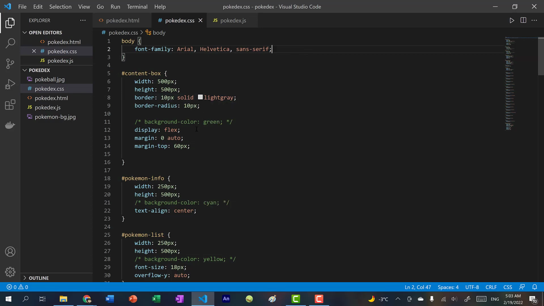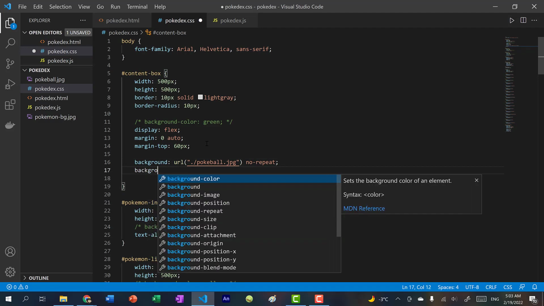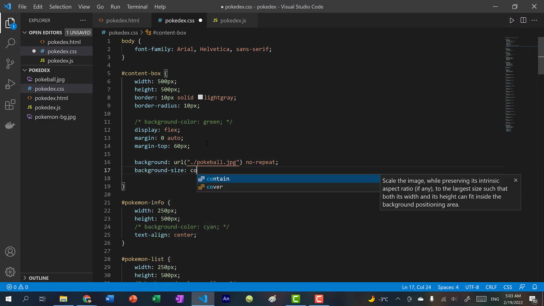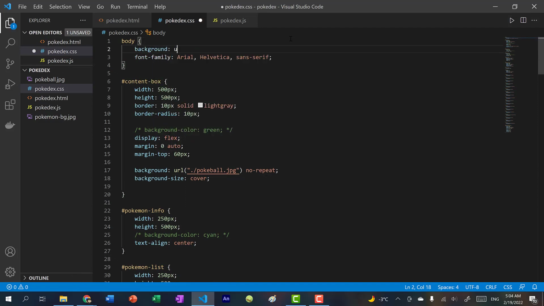So for our content box, I'm going to set the background to url, pokeball.jpeg. And I'm going to do no-repeat. And I'm going to make the size cover that entire div. And then over here in our body, I'm going to have a background of url, pokemon-background.jpeg. Again, no-repeat.